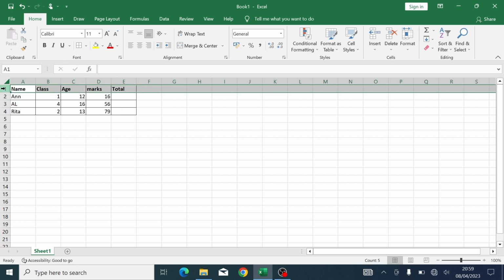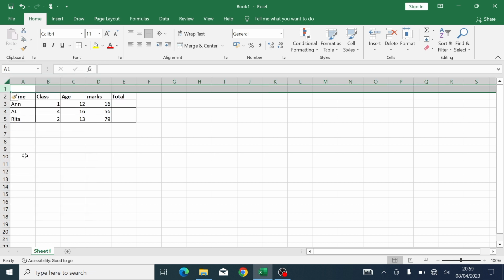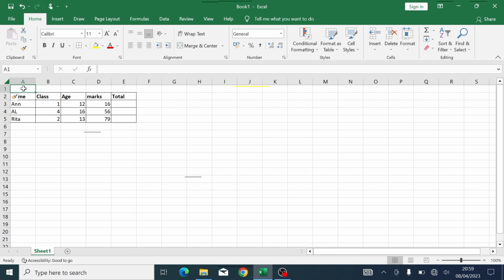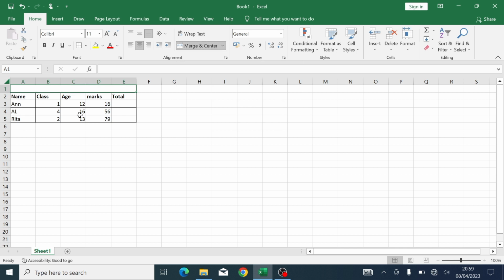We can create another row up there. How do we make it the main heading? By highlighting the row, then press merge and center. This will remove the other cells and make it one particular cell. So I can put my heading here like schoolwork,